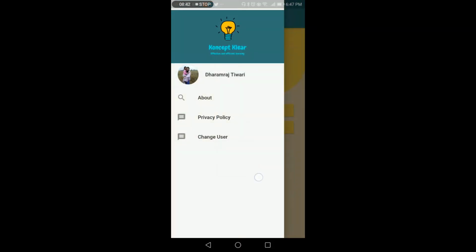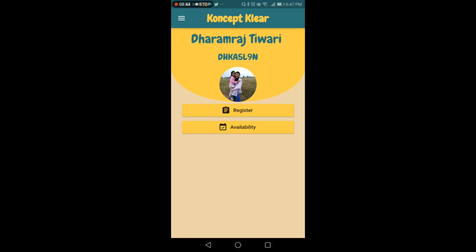Okay, once you submit here, now the next important step is that you have to click register. Okay, so setting the profile is only one time. Okay, but this register you can do multiple times. Why? Because this registration you can do at chapter level. Okay, so let me explain. When you click register,